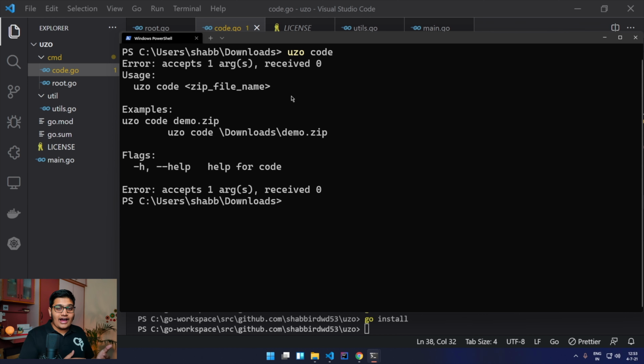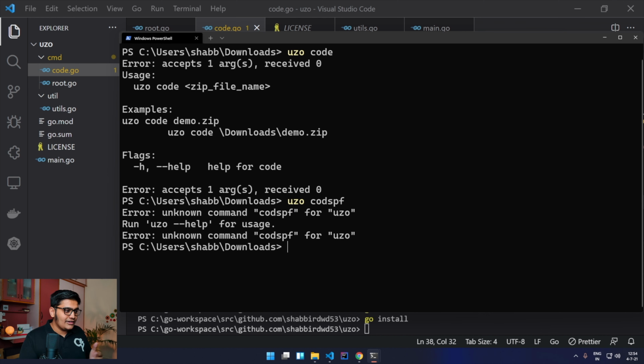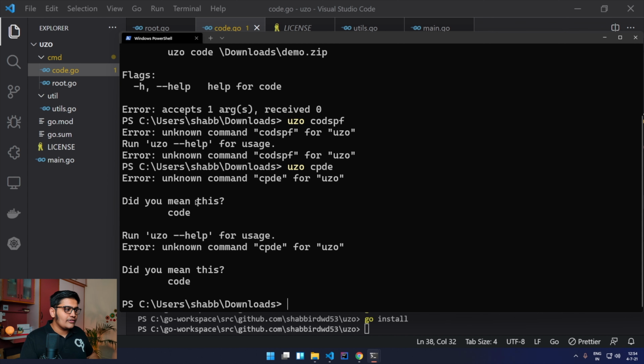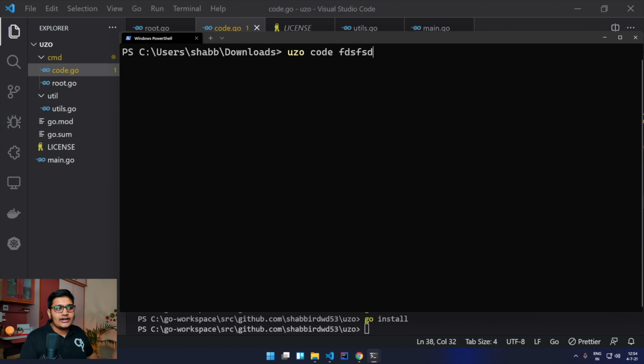Okay, so you can see that we are making a lot of changes according to the needs of our application. Now you can see that it is a foolproof working application. Use code over here. If something you add is not available, it will give the help also. This is the unknown command for use, and suppose you made a small mistake, then it will also show that you might be looking for code instead of whatever you mistyped. And if you add any different string also, it will check that the file whatever you have passed does not exist. So this check is also working fine now.